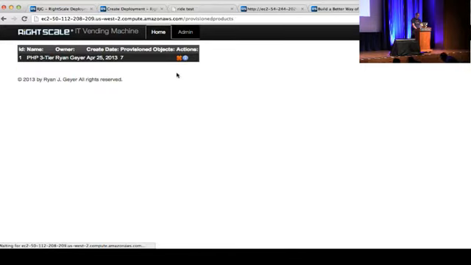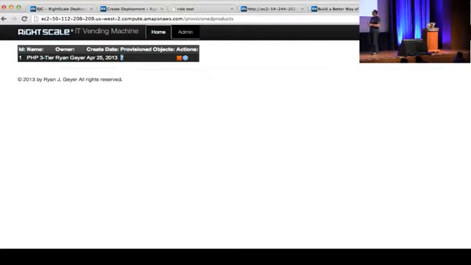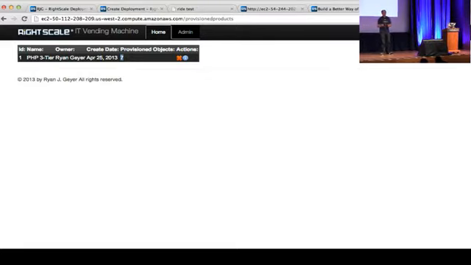Now that actually shows up as this list of provisioned products. The other thing that I realized very early on is if I make it this easy for people to provision stuff, guess what? They're going to. So I needed to also make it really easy for me to delete stuff